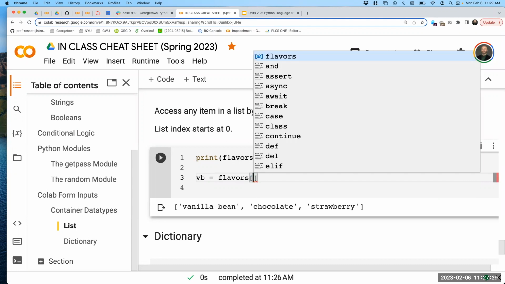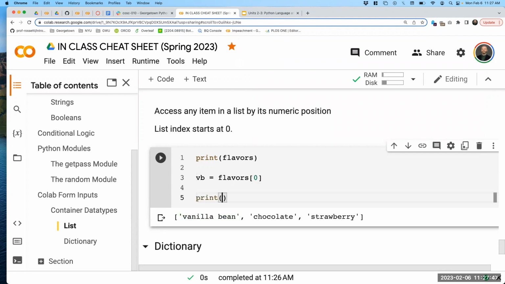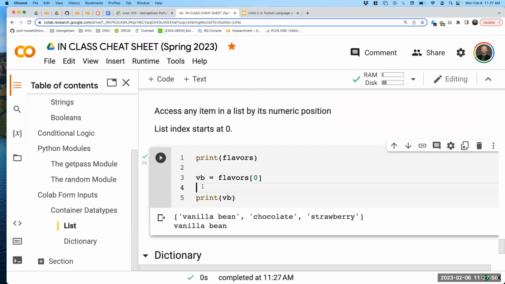And inside the square brackets, we'll say, well, which item do we want? And we'll specify its numeric position. In this case, we'll start at 0, because that's the way it works in programming. 0 gets us the first item, vanilla bean. So now let's print VB. All right. So if we have a list, we can access any item by using square brackets on the right of the list variable and then passing into the square brackets,